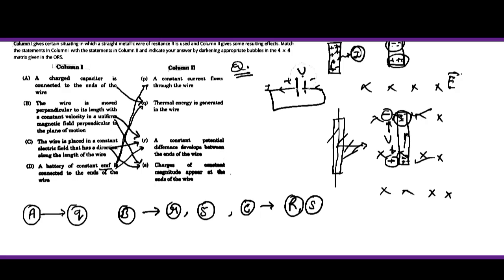अगर पोटेंशियल डिफरेंस नहीं होगा तो करंट फ्लो नहीं होगी कभी भी, ठीक है। तो पोटेंशियल डिफरेंस जनरेट डेवलप हुआ है, इस वजह से करंट फ्लो हो रही है सर्किट में। तो यहाँ पर जो D है वो मैच कर रहा है P, Q और R के साथ। S के साथ देखिए तो बोला है charges of constant magnitude appear at the end of the wire।